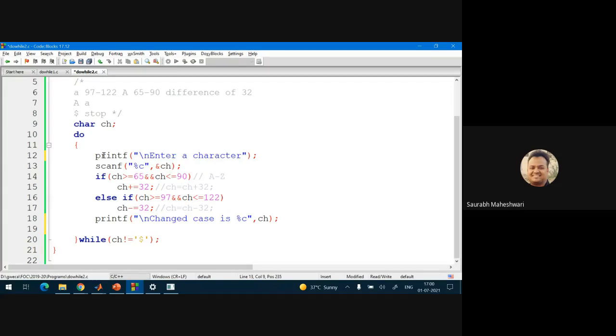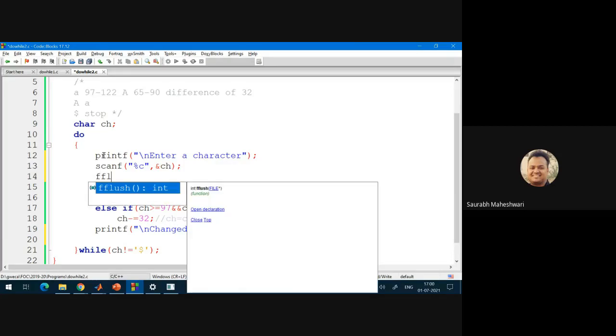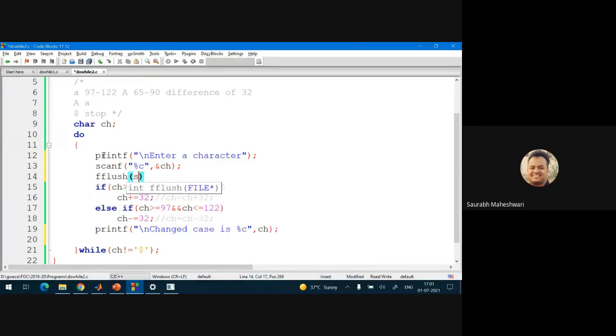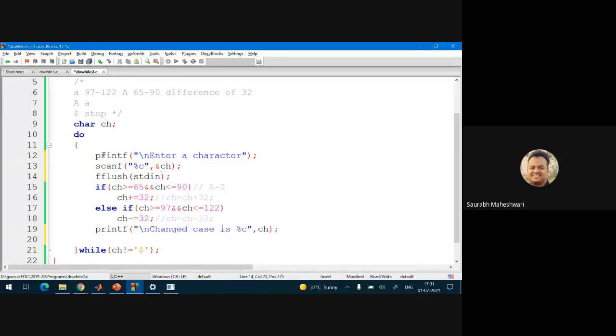One solution is this, second solution is this. Once you enter something, and if it is a character and you are entering with the help of scanf, then you just write this fflush(stdin).